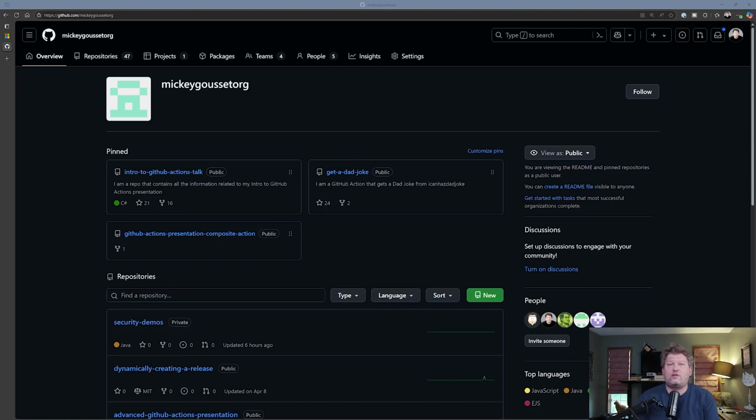So we've already talked a little bit about the Azure Pipelines app and the permissions that it needs, in general, how it works. So now we're just going to dive into a demo of actually setting this thing up. Okay. So the first step in setting this up is I need to make sure I know what repositories I want to provide it access to. I need to make sure I have an organization to install the GitHub app in. So we're going to be using my Mickey Gousset org organization, and I have an Azure Pipelines